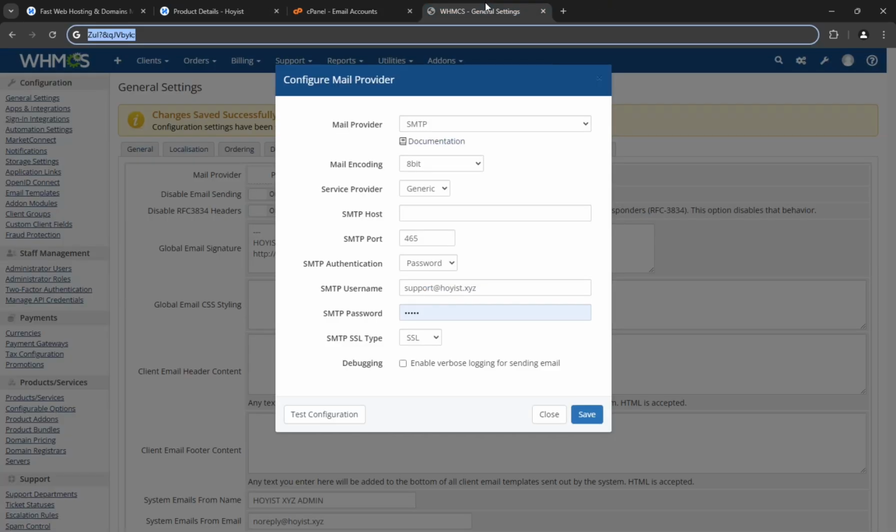Now think about what this should be. This should be your primary mail server from your cPanel, DirectAdmin, or any other control panel. For cPanel, it's mail.yourdomainname. Make sure to use it, like mail.hoyist.xyz, since hoyist.xyz is our domain name. Guys, you might not understand now, but as you continue in the web hosting field, you will